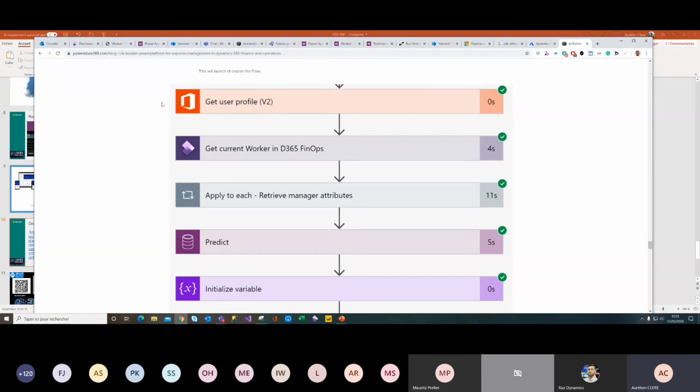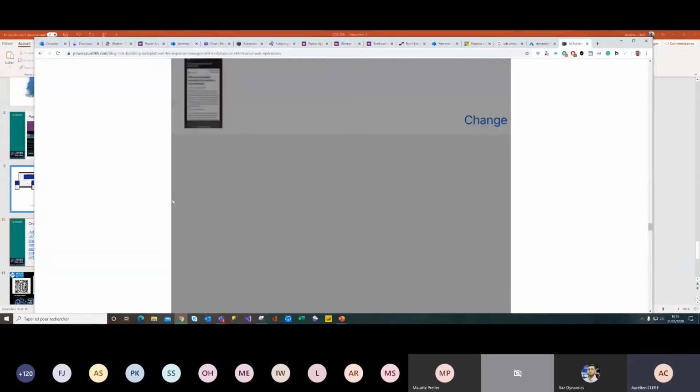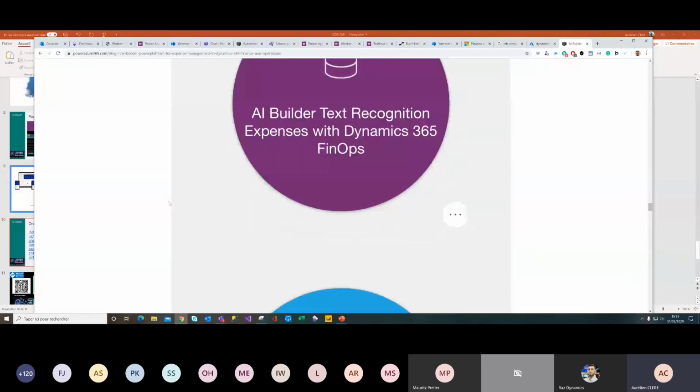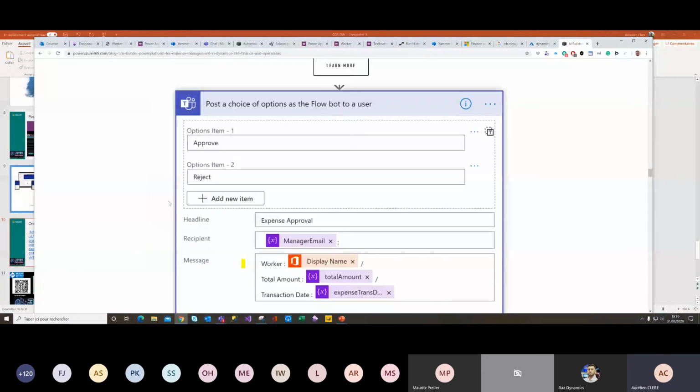We didn't spend a lot of time on projects, but if you want to handle a project expense for a certain project in Finance and Operations, you can add a lot of inputs in the Power Automate flow that the user will have to fill in. Then in Power Automate you can ask the manager of this worker if he's okay or not, and create all the necessary information with Power Automate.